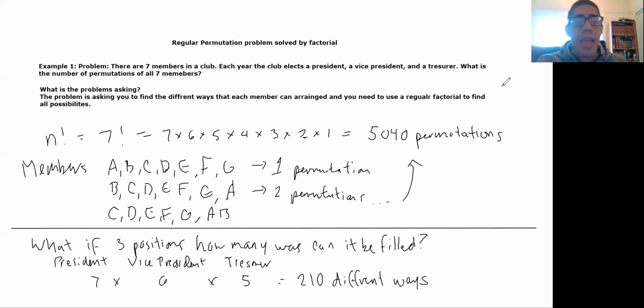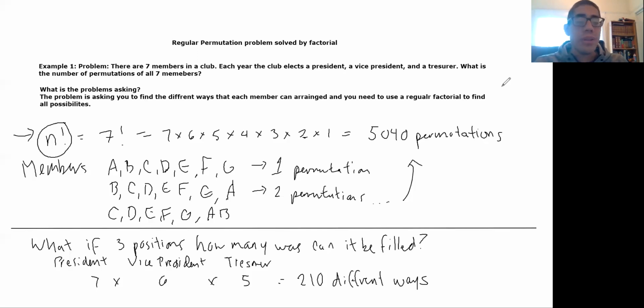So if you notice, we have the n with the exclamation point, right? This is what we call a factorial right here. Whenever you see an exclamation point next to a number, that's referring to all the numbers that came before it. So here there are 7 members, so n becomes 7. That's why I have 7 factorial here, right? The exclamation point in this case is not an exclamation point, it's a factorial, and I'll be calling it a factorial. So 7 factorial is the same as saying 7 times 6 times 5 times 4 times 3 times